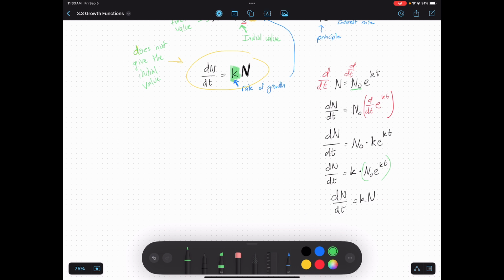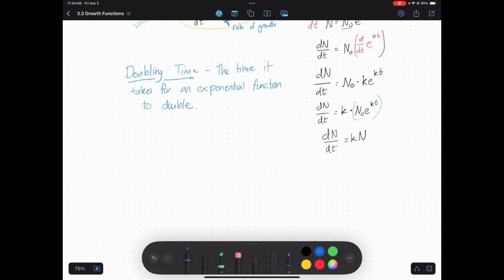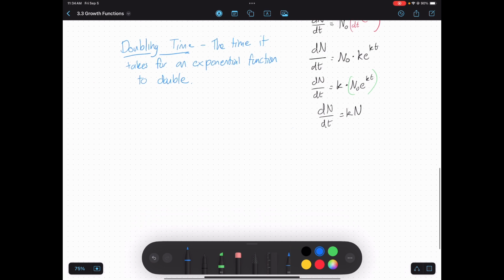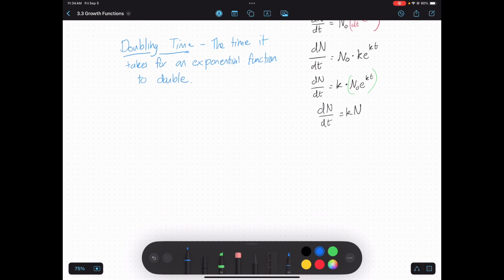If we're talking about growth functions, something that's commonly calculated with growth functions is something called doubling time. And the concept behind this is pretty straightforward, right? This is just the time it takes for an exponential function to double. And the reason why we want to talk about this concept is because doubling time really only depends on one thing. It only depends on the rate. It doesn't depend on your initial value at all. And I can actually show you because we actually have a formula for doubling time,